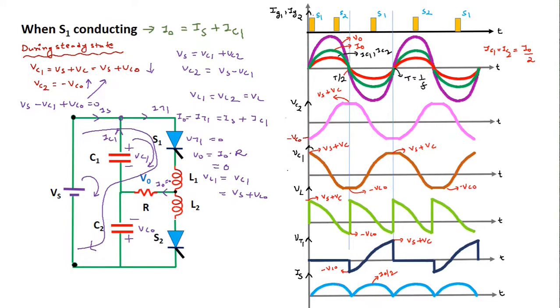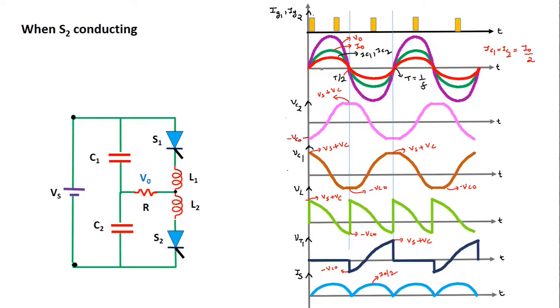So the waveform of the source current we will get when the S1 SCR starts conducting, and since here there is a formation of RLC underdamped resonant circuit, all the currents which are flowing, that is source current, IC1 or IC2 current and load current, all waveform will be in the form of pulse like this. That is, they will start from 0 value, reach to peak value, again they will drop to 0 value. So one pulse will be formed like this.